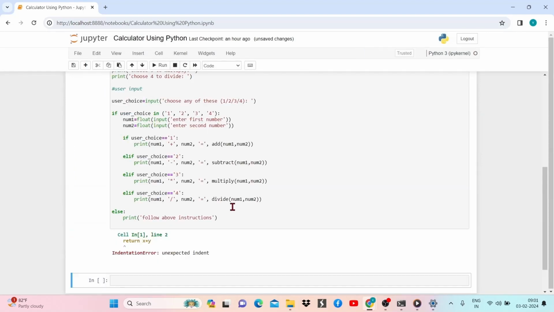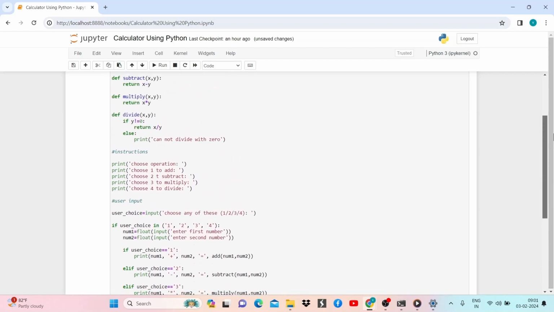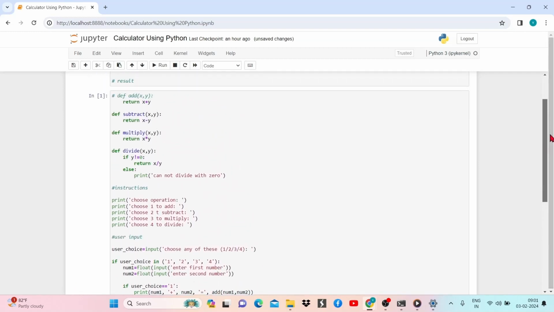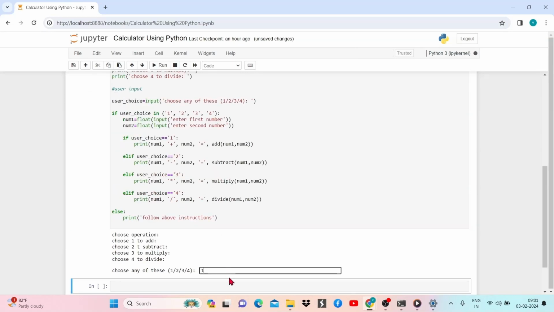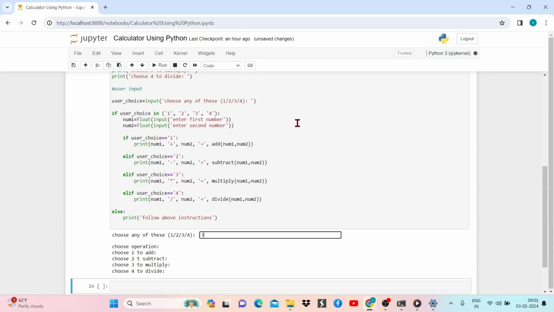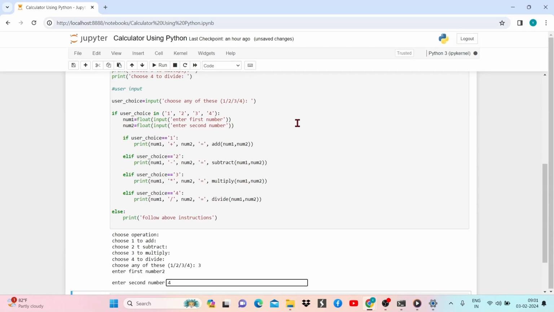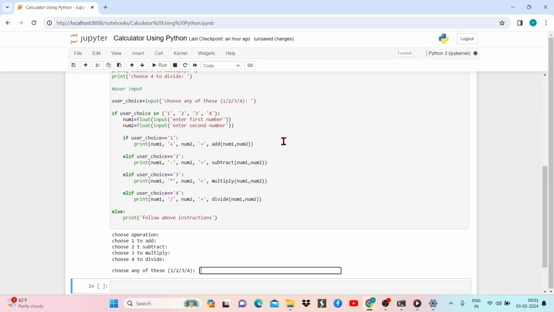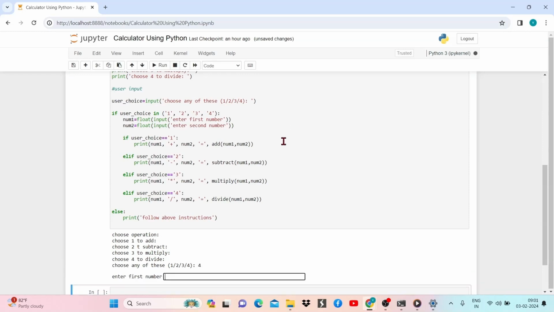Now let's run the code. In line number 2, I think, okay, it is right here. I just somehow hit some keyboard buttons, that's why it happened. Yeah, here we go. 24, 12, 36. Let's quickly do with multiplication. 3, 2, 4, 8. Now the last one. 4, okay, 5, 2,